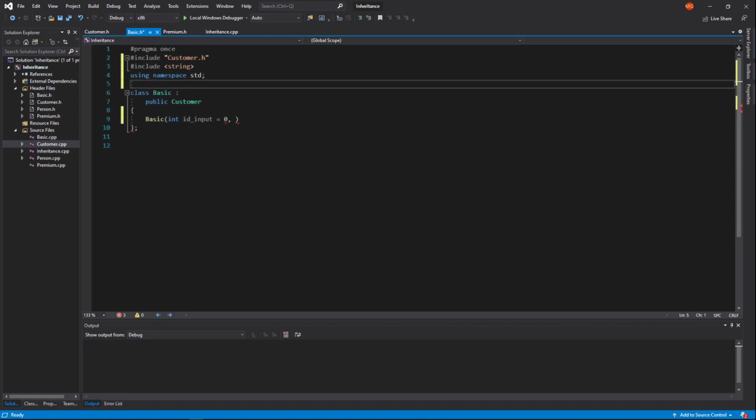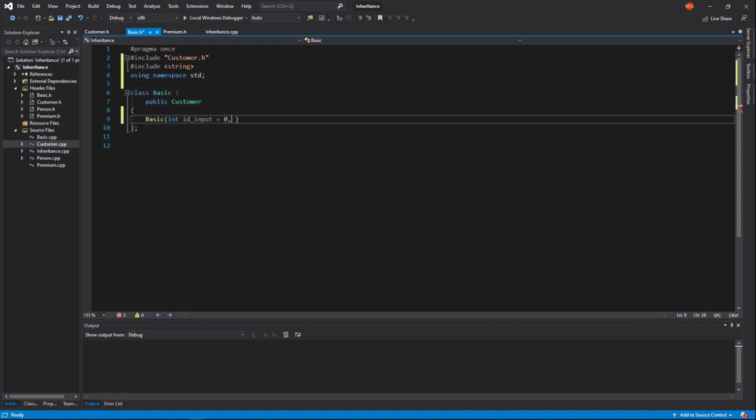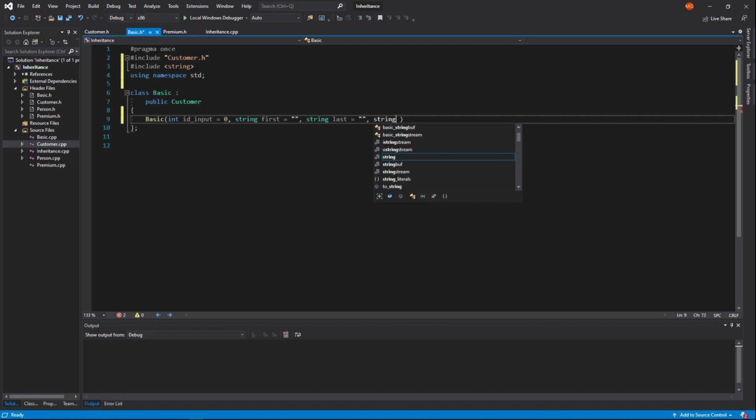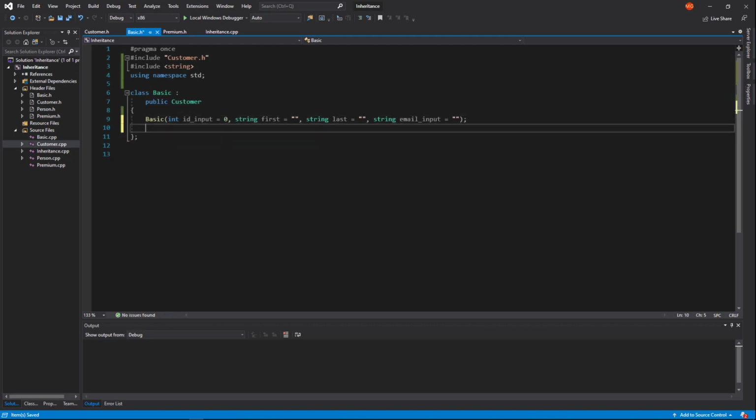String. Okay. All right, so this guy, and then this guy is string first equals, and again, we're going to make these guys, and then string last is not empty string, and then email input, string, email input by the user when they instantiate the object, and that is that. Okay, so this is our constructor. Okay, so that's that one, and then we also need to implement